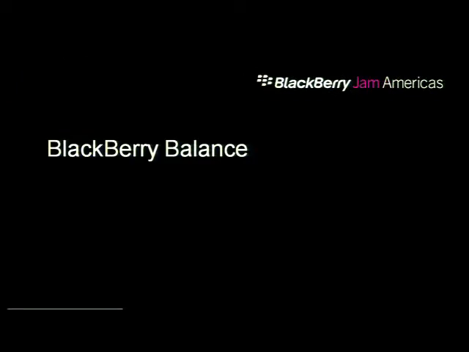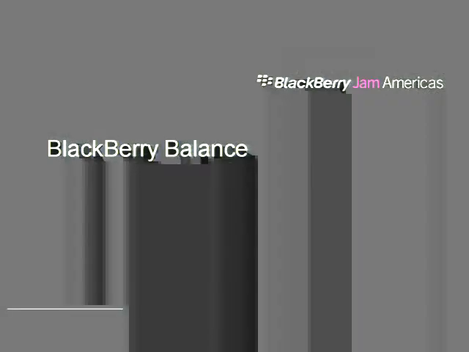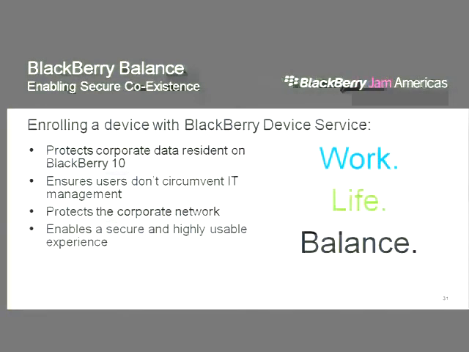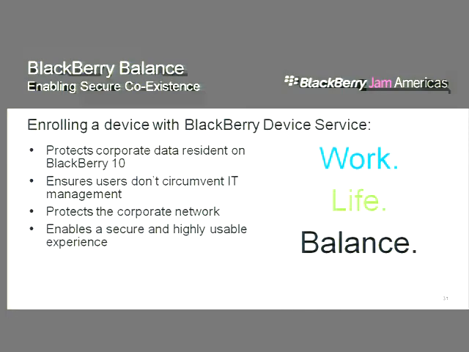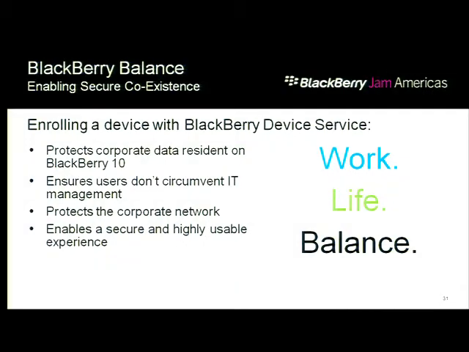Okay, so we're going to talk a little about BlackBerry Balance because this does very much affect people using the PIM APIs. BlackBerry Balance, if you're not really aware of what it does, it basically lets a user have a device that has a personal part of the device and a corporate part of the device. And the corporate part is controlled by the corporate administrator. They can set policies on it. They can control what apps are installed in this perimeter, what apps have access to the data. So it very nicely solves the problem of having a phone that you can use personally and do whatever you want with, but also connect to like your work email and stuff like that,